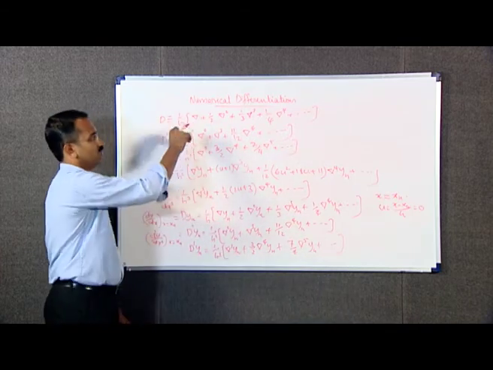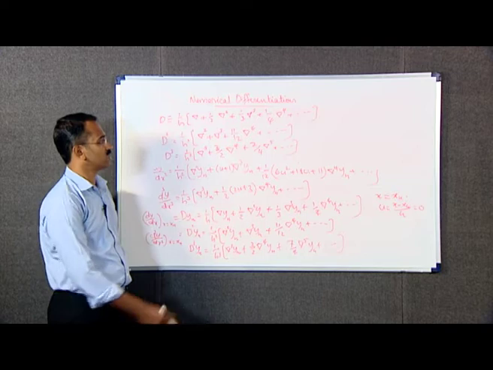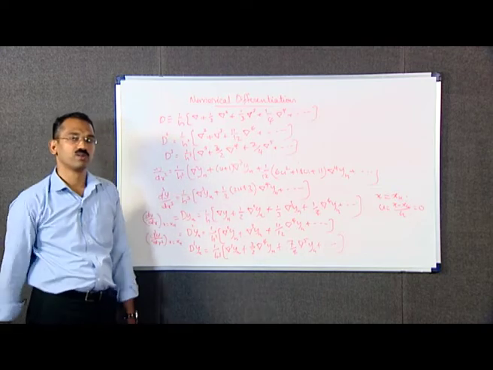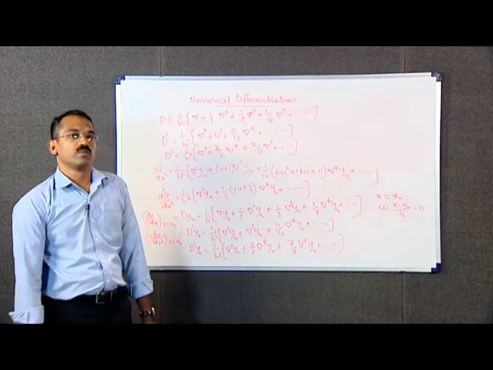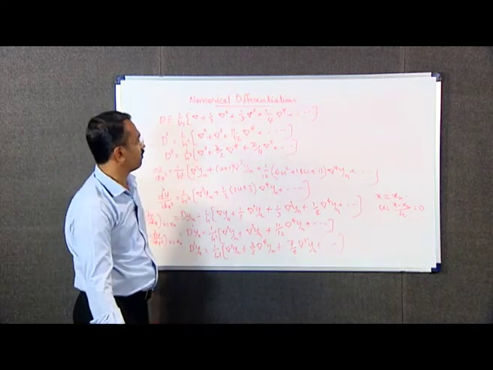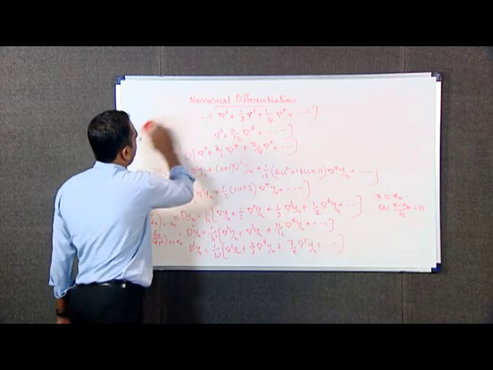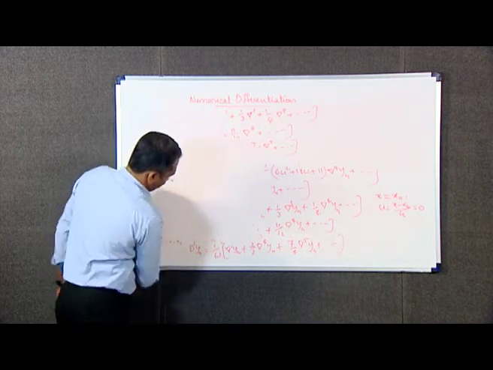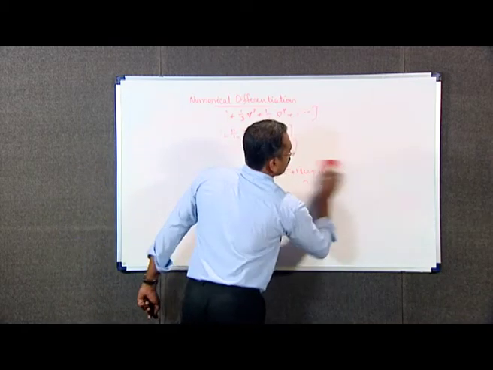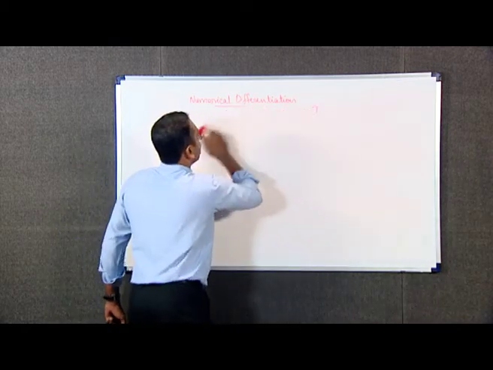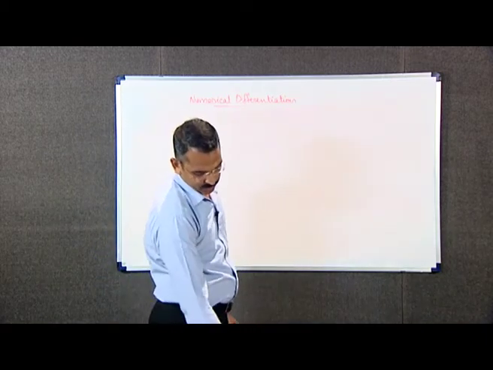These are relations connecting capital D and del we just proved in the beginning of finite differences. Now we have an example, that is, from a given data we can find the derivative. The given data is